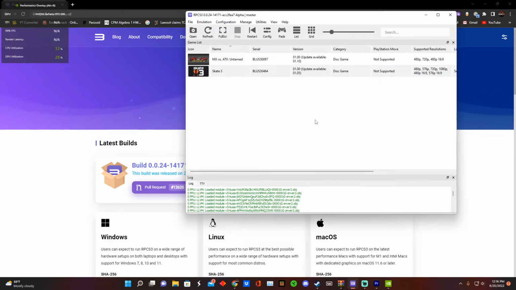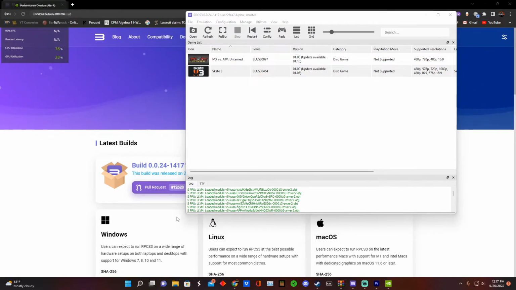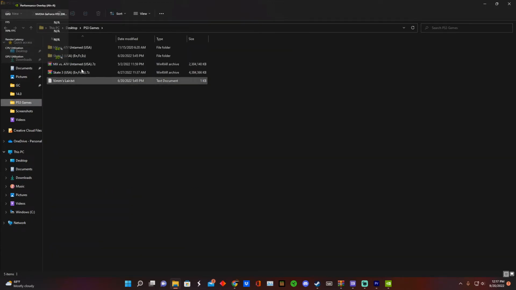And yeah, if you are using the driver that I'm giving you for the PS3 driver, you are going to have to manually go in here. I might as well show you guys. So if you come to your files, cool, you go to PS3 games,